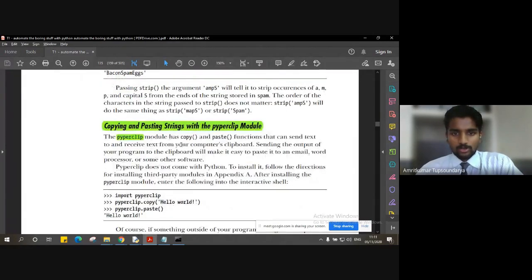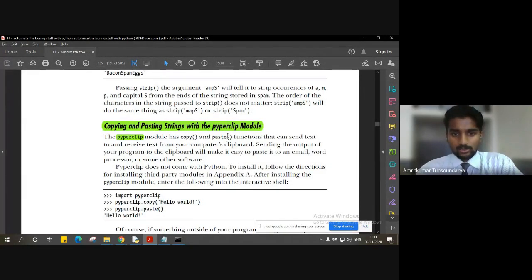And also we saw a very important module called Pyperclip, right? Which is actually a Python clip module, which is used to copy a text and store it into the clipboard, internal to the computer, and whatever you copy will be temporarily stored in that clipboard, and later wherever we want, we can paste it, right?